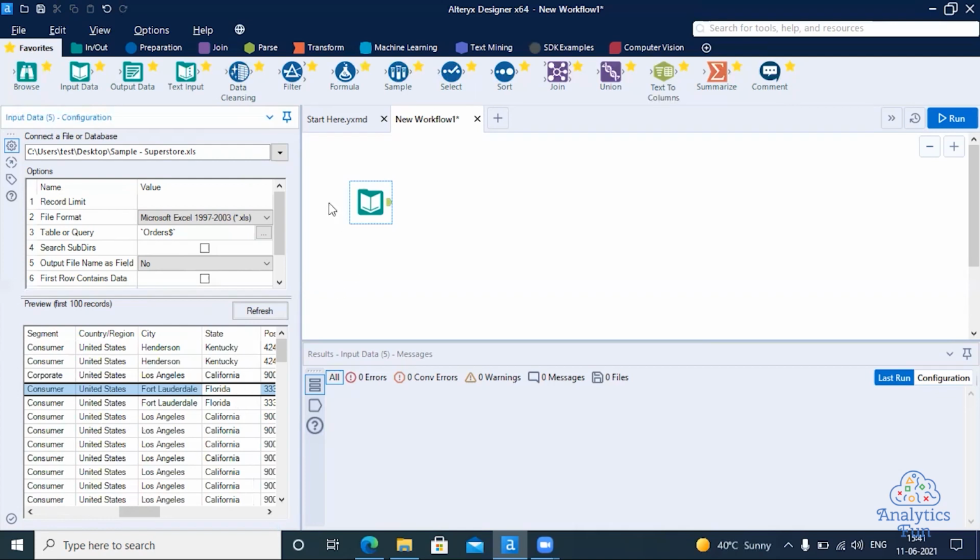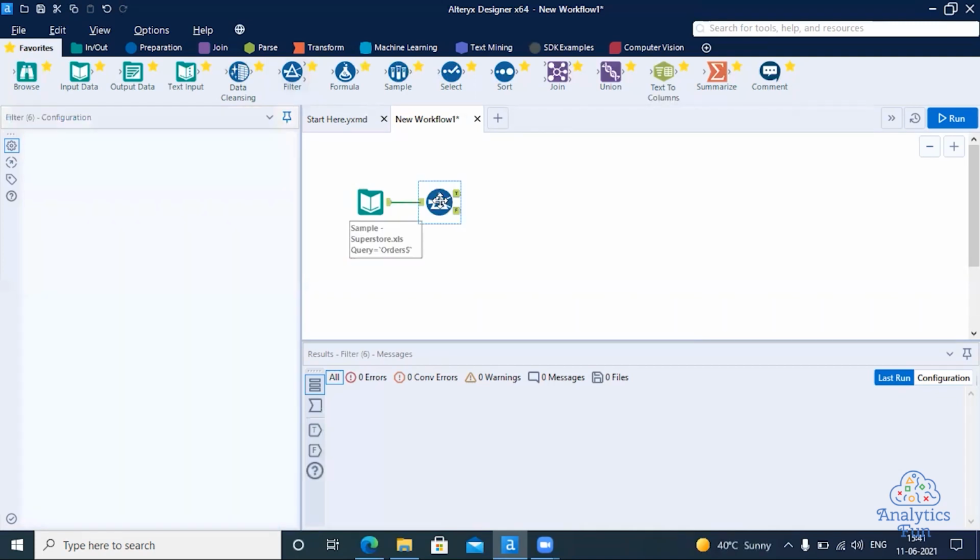So let's get started. We can bring this Filter tool. You need to drag and drop and bring it closer so that you have a dotted line, and once you have a dotted line, just drop it here. After dropping it here, you can see two types of filter: basic filter and custom filter. Basic filter allows you to query only on one column, and custom filter allows you to query on multiple columns.